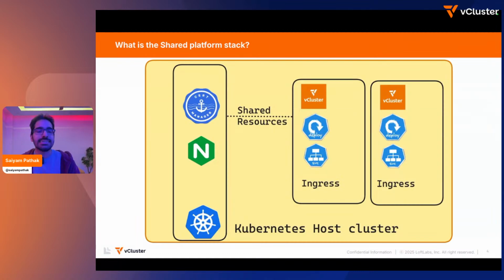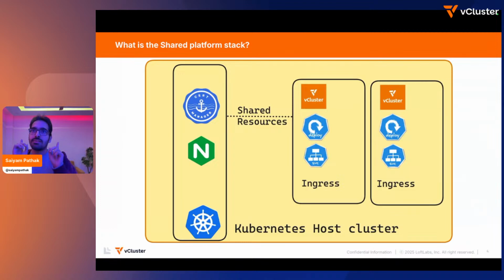Now we want a multi-tenant environment, but we also want to reuse some of the components. We do not want the separation to happen where we install everything over again, because then again it's a duplication of resources, and shared resources is still a problem in the multi-tenancy ecosystem as well. And I'll show you how vCluster kind of solves it. But yeah, shared Kubernetes, shared resources is something which is very critical when we talk about multi-tenant Kubernetes clusters, because